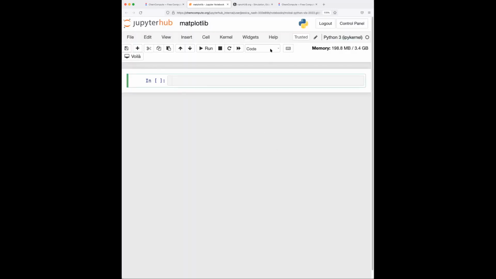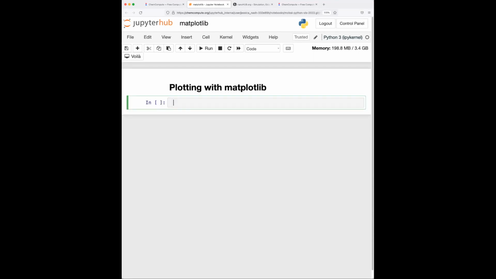And then I will make this first cell a markdown cell just to make my notebook look nice. And then my title will be plotting with Matplotlib. And to execute a cell in the Jupyter notebook, you can press Shift and Enter on your keyboard at the same time. Okay, so in this workshop, we're going to use Matplotlib, and a lot of the data